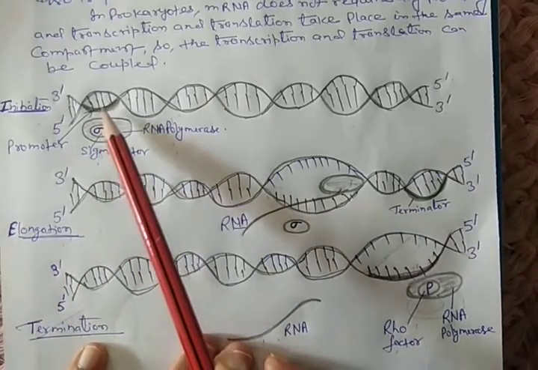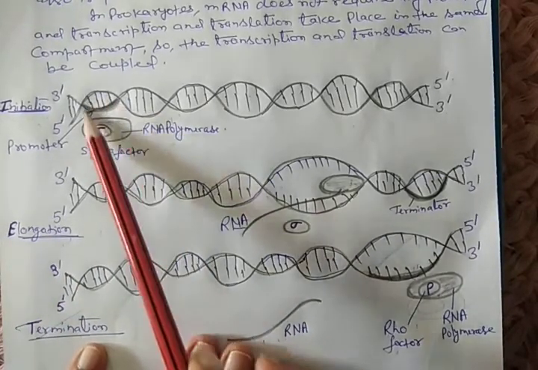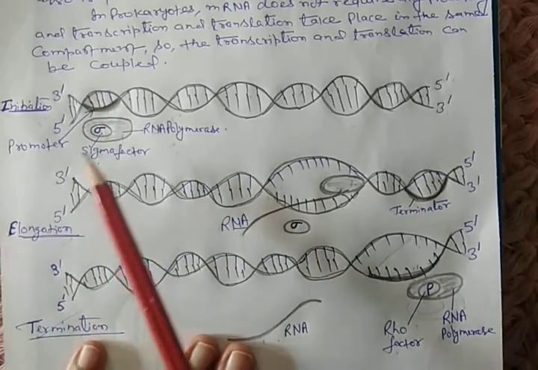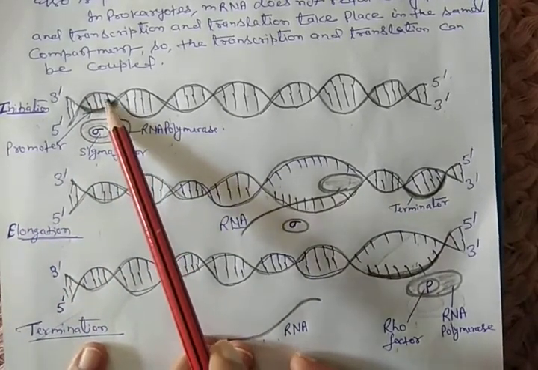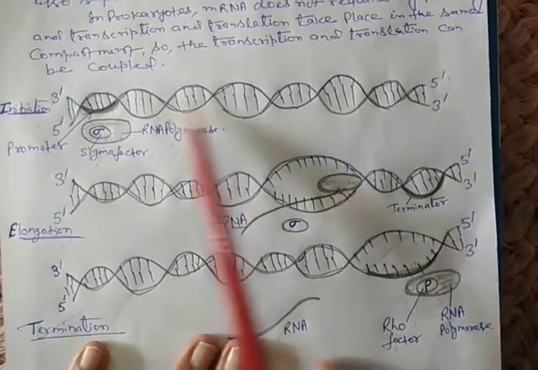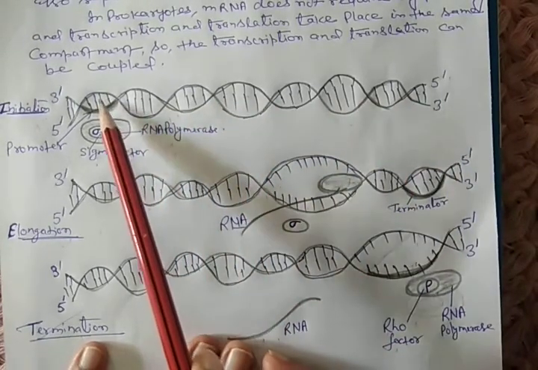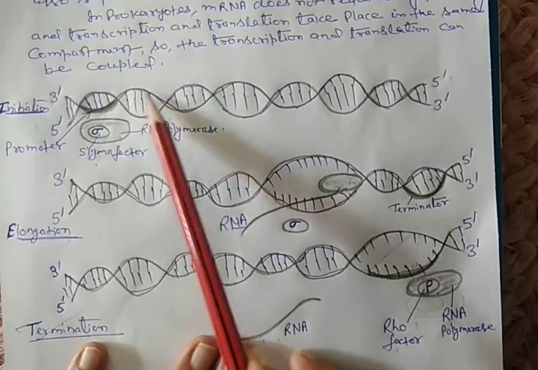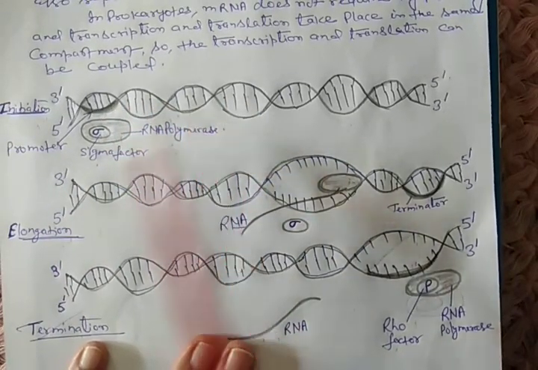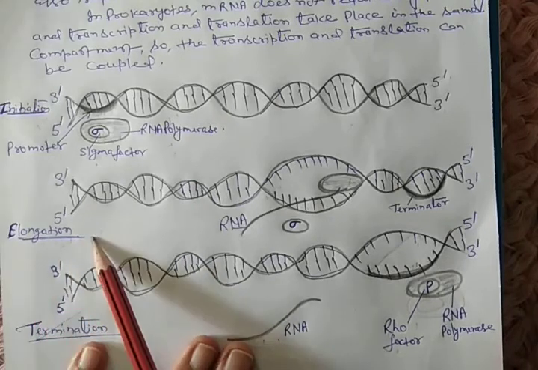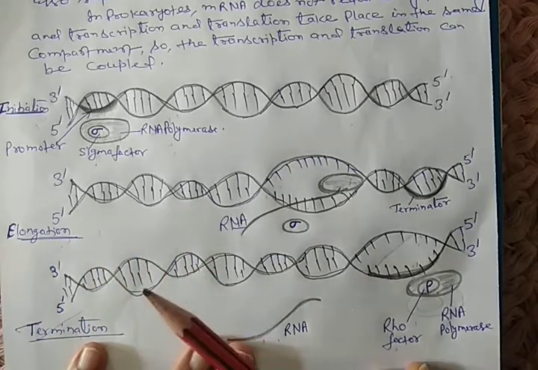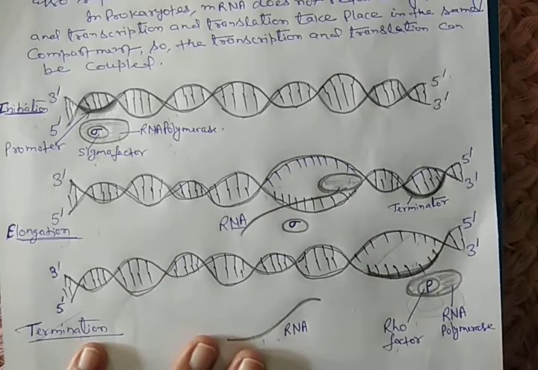After that, this RNA polymerase attaches to the promoter with the help of the sigma factor, and then moves along, causing the unwinding of the DNA and moving along the template strand. This causes the process of elongation, meaning the synthesis of the RNA strand. Okay, how does this RNA strand form?